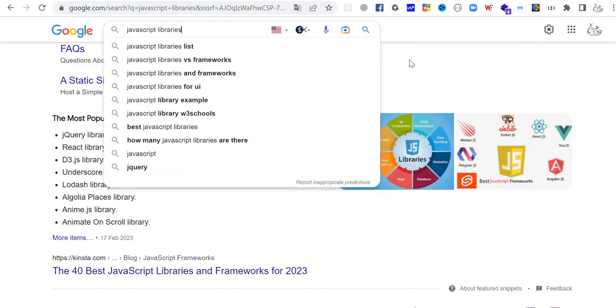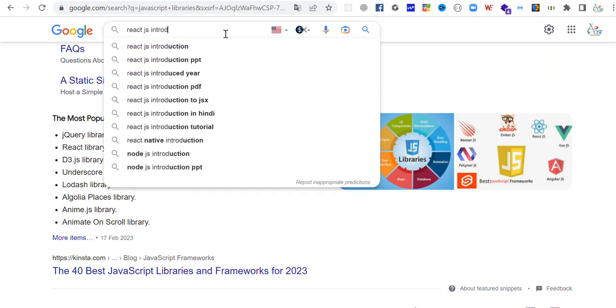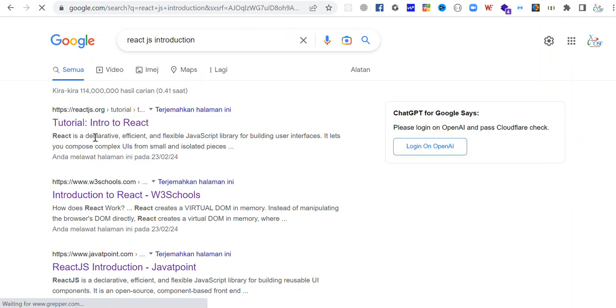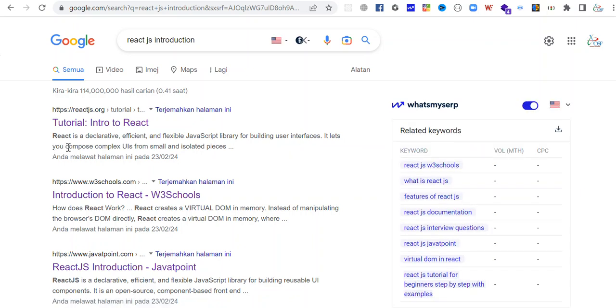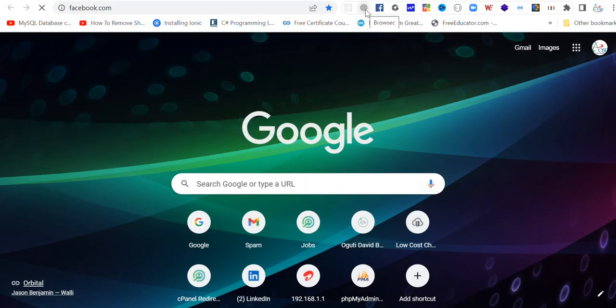So guys, let me not waste your time, being the first video we have today. Let me take you directly to React.js. When you look at React.js introduction, what is there really in React.js? Remember, like I've said earlier, React.js is a JavaScript library for building user interfaces. It lets you compose complex UIs from small and isolated pieces. So it gives you a chance to come up with something really robust. And there are several websites that support React. So you can also download